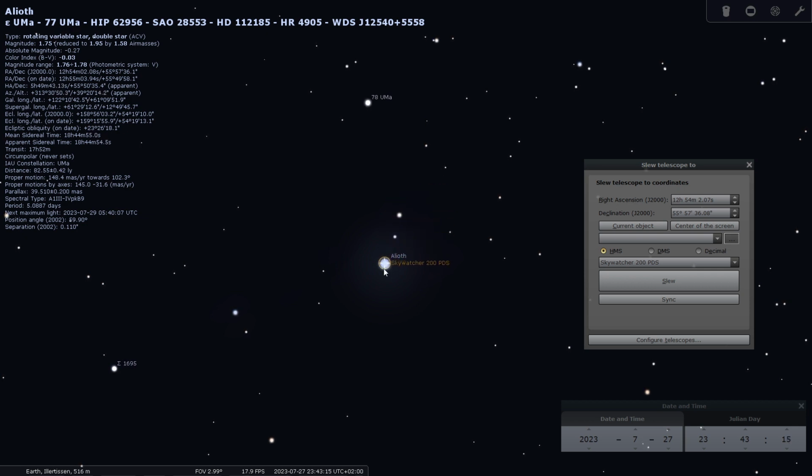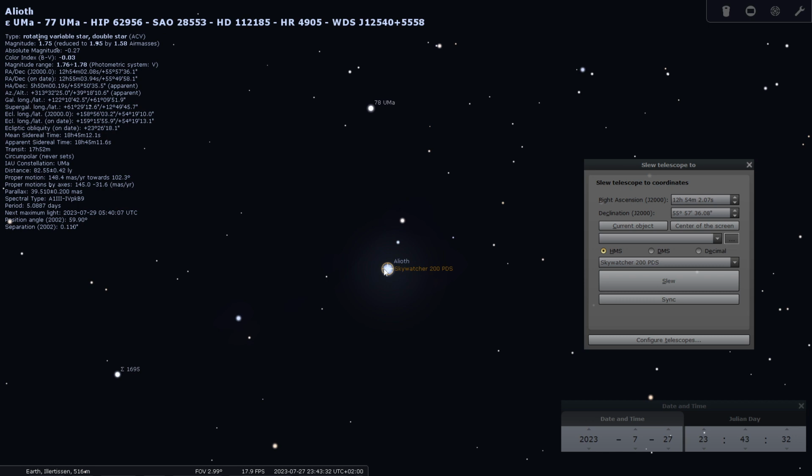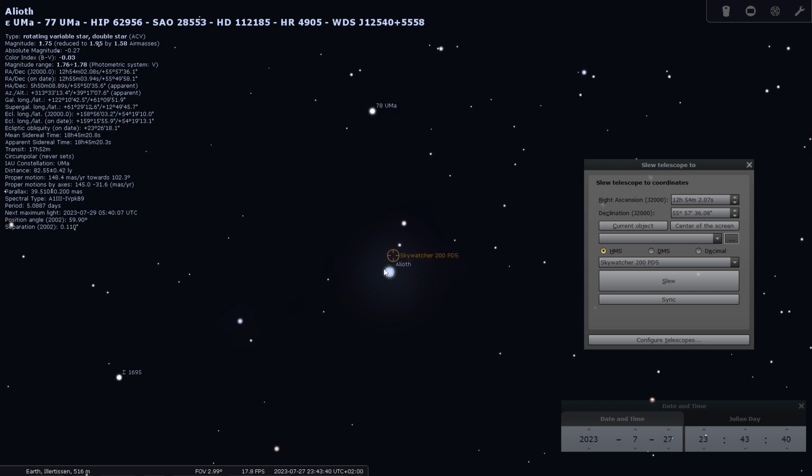So imagine you're looking through your finder scope and you can already see this star, and you now want to perfectly center it in your telescope. And as it's currently not dark outside, I'm just going to simulate this, I would say. So I will just slew it slightly away from the star, and maybe also a little bit in the other axis. Alright, so let's say that now I've properly aligned it in the telescope,